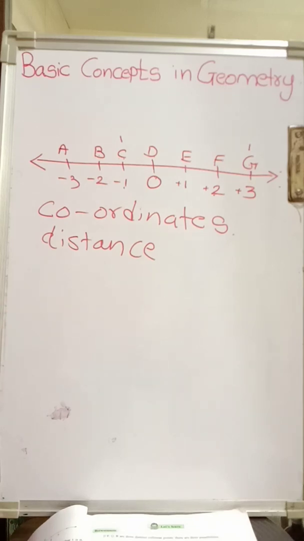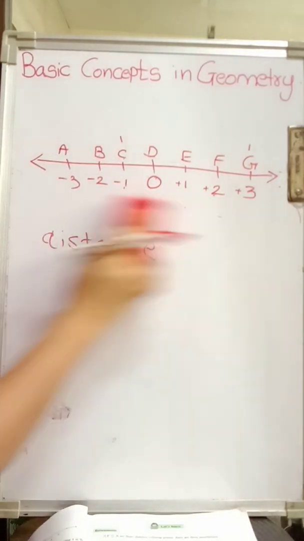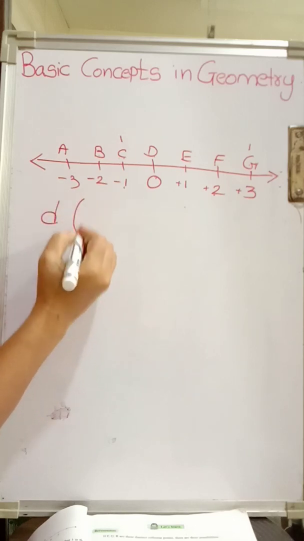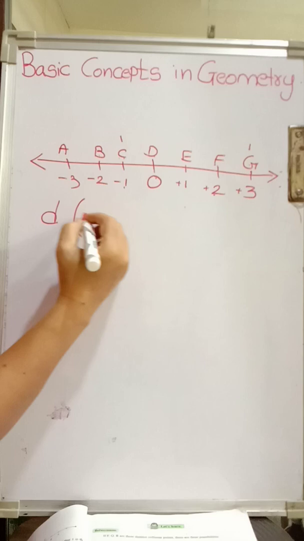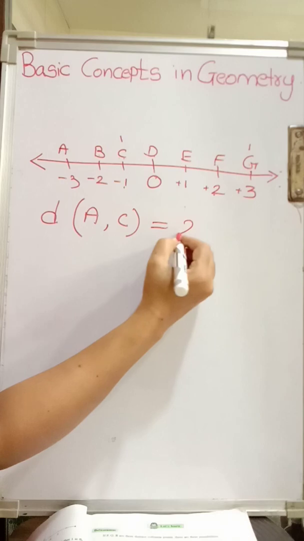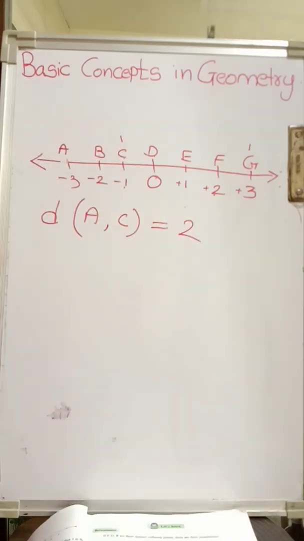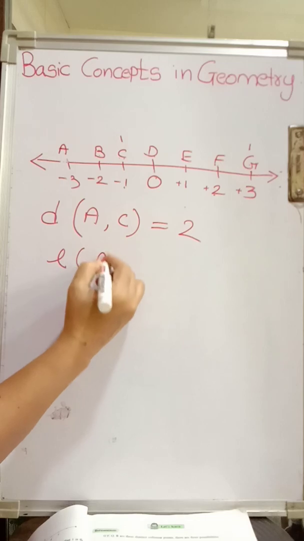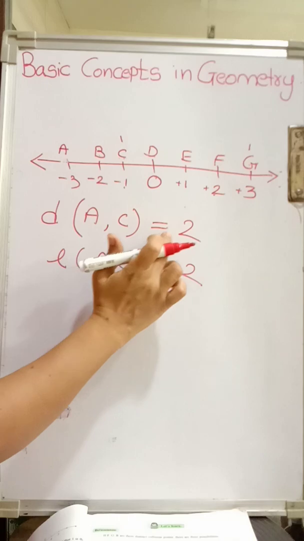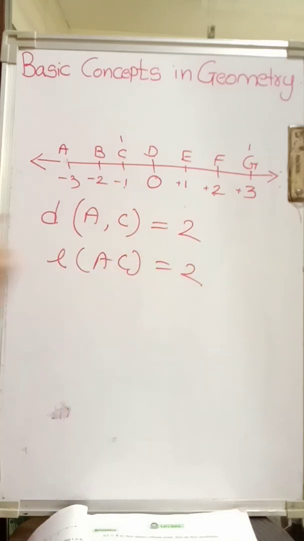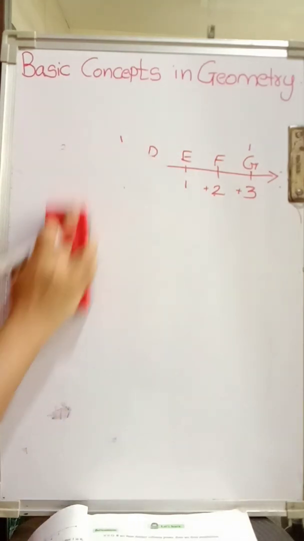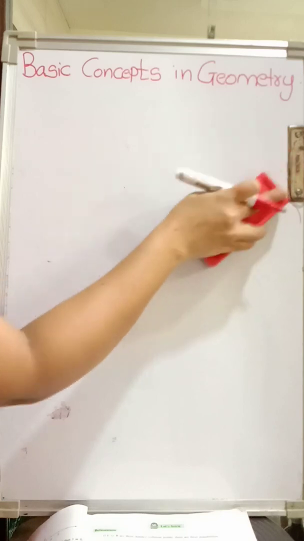Okay. Now one more thing, you should know how to write or denote it via symbol. See here, if I say distance, then I have to put a bracket. If I wish to find the distance between A and C, I'll write d(A, C), which is equal to how much? 2. A to C is 1 plus 1, which is 2 units. This is also called length AC is equal to 2. Now you don't put a comma over here. So d(A, C) is equal to length AC is equal to 2. Now your first exercise is depending upon this concept only. It is completely based on this concept.